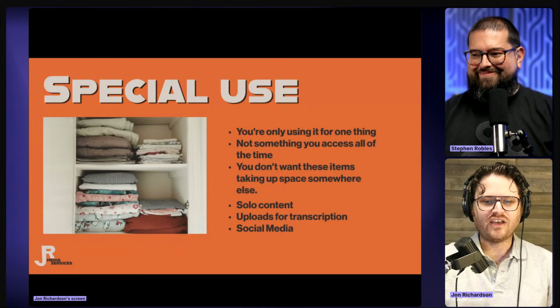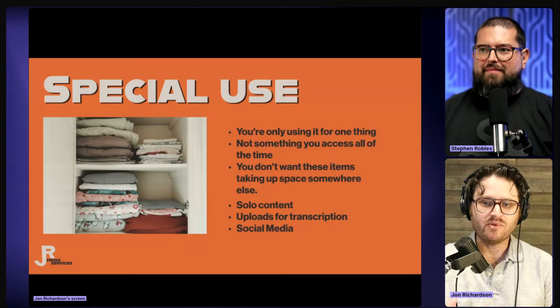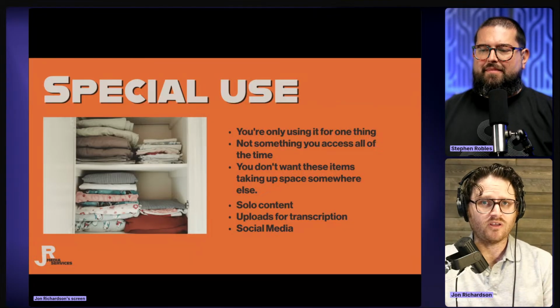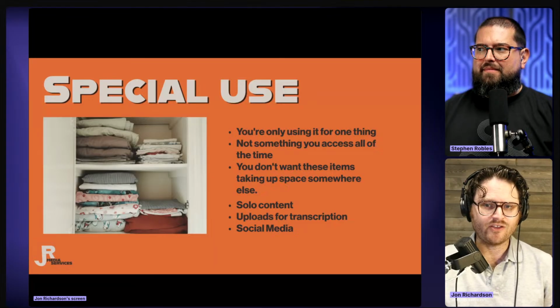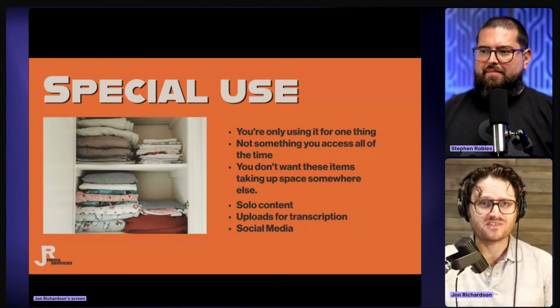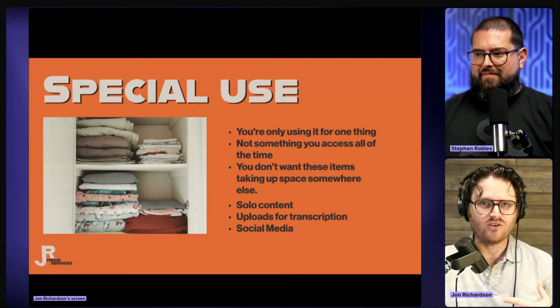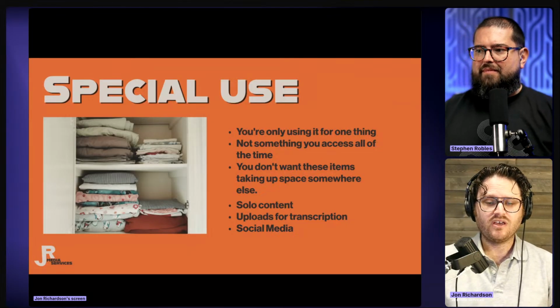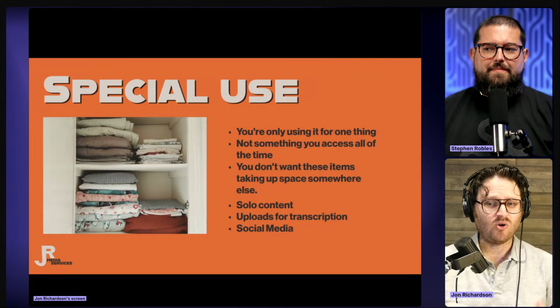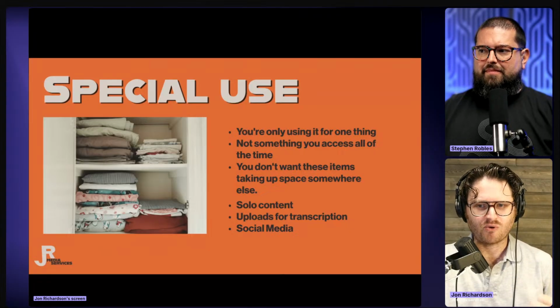Also, if you want to have a section where you're just uploading things to transcribe, maybe this isn't for a podcast or a video project at all. Maybe you were sent an audio file and you need to transcribe it for whatever reason. Transcription services have come such a long way, and Riverside has been incredible with the recognition it has for creating automated transcripts, and very fast too. And also, a special use case might be things that are only for social media. That way, you can have special branding and special settings just for that.